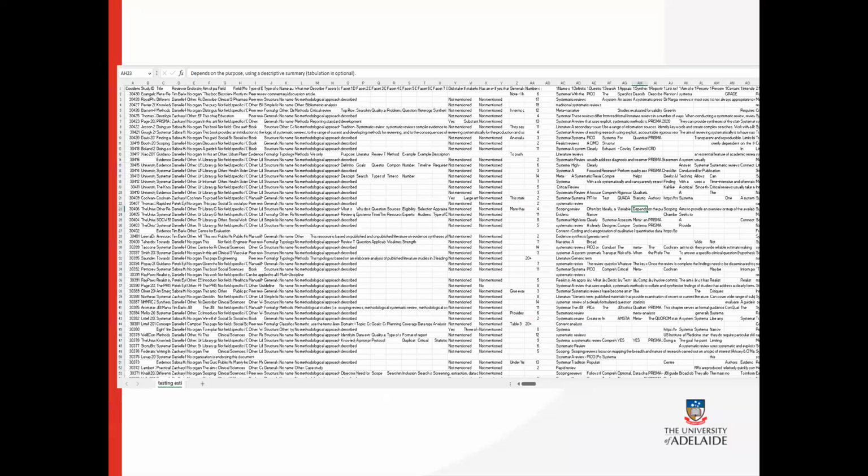So then you end up with this data sheet. And again, this one has over 400 articles included in this scoping review. So you can see that it's quite a mammoth task to check. And I just want to emphasize the fact that this takes time. Be kind to yourself. This takes time to clean up this data and to really understand it.